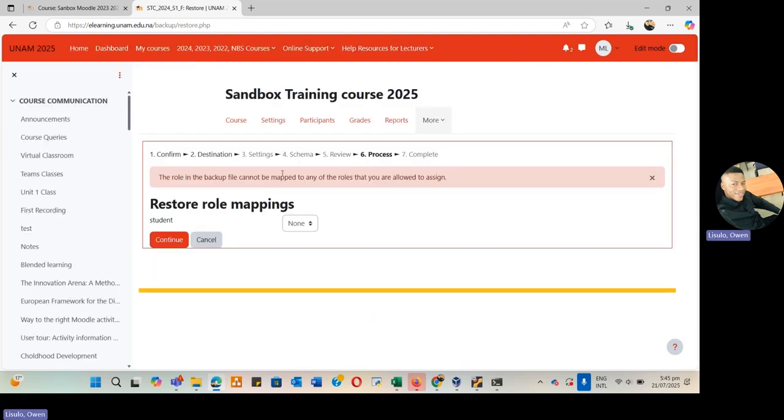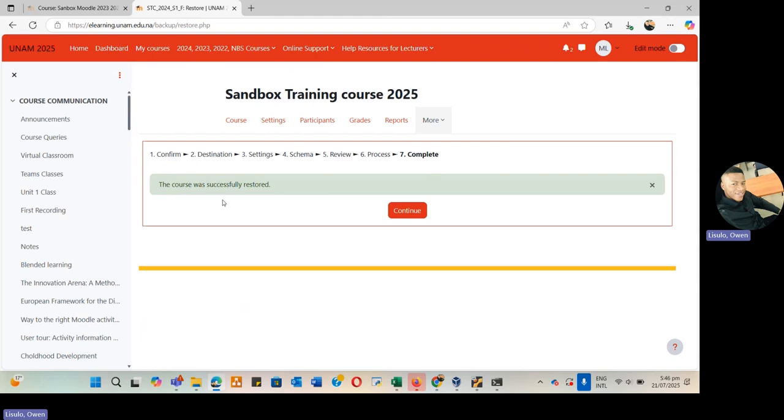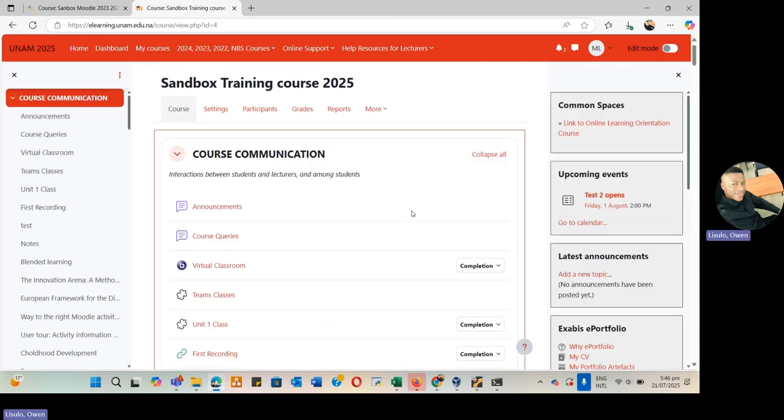Okay, the row mapping file cannot be mapped, so this shouldn't be a problem. You don't have to worry yourself about this. Just continue. Okay, so when it's done, it will also indicate the course was successfully restored. Then you just click on continue. Okay, so after this,